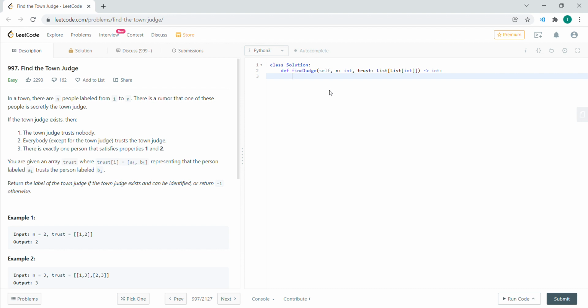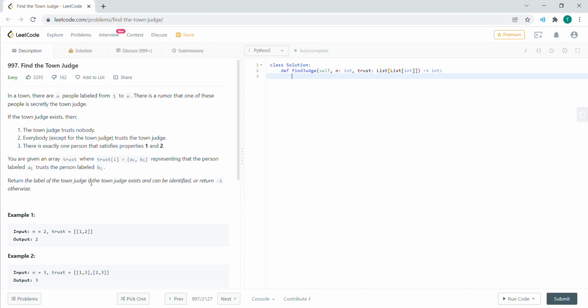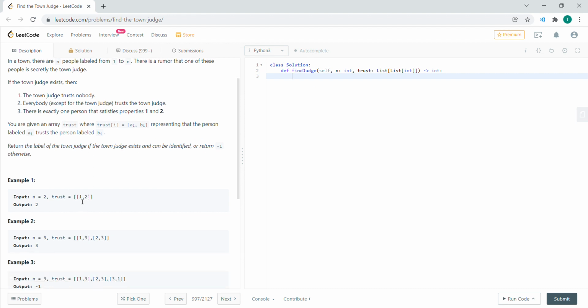where we keep track of, say, if a person A trusts a person B, then we would decrement the count for A, and B would be incremented. And say we don't know who the judge is, right?